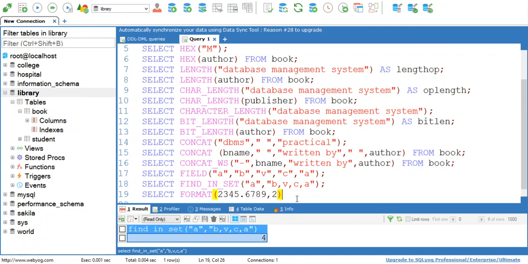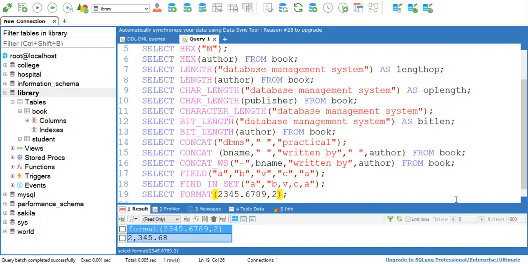So I can simply write select format 2345.6789, 2. It is used to truncate the decimal places after your number. If you execute this, you can verify at the output 2345.68, meaning your decimal places are truncated to 2 numbers only.